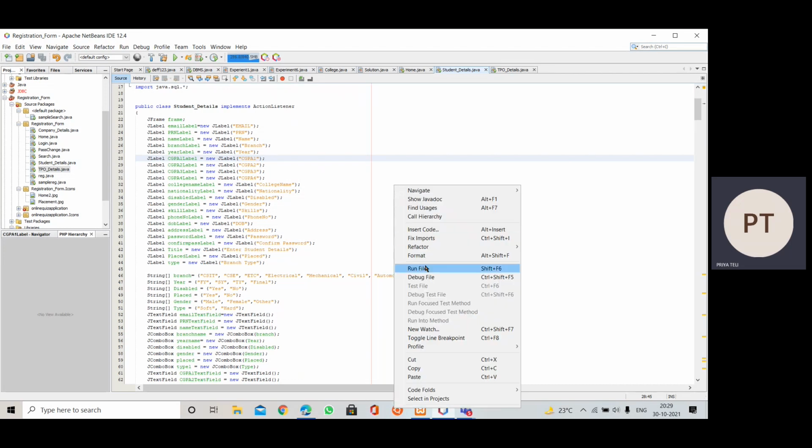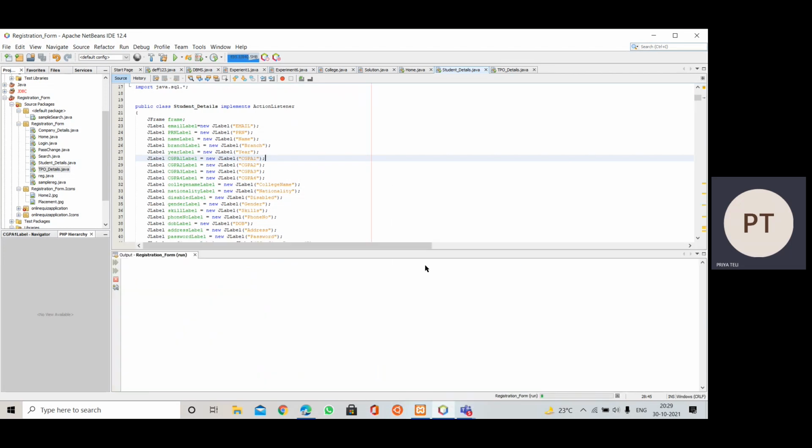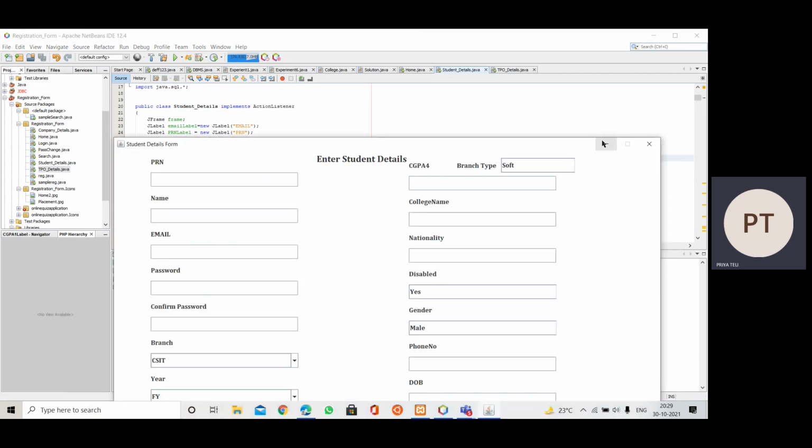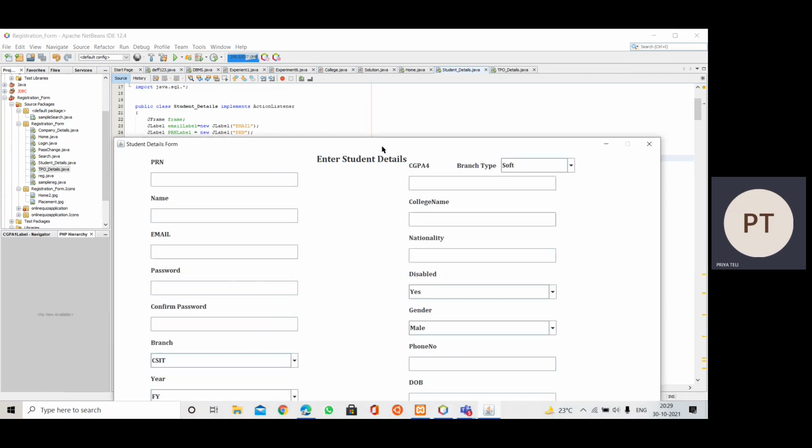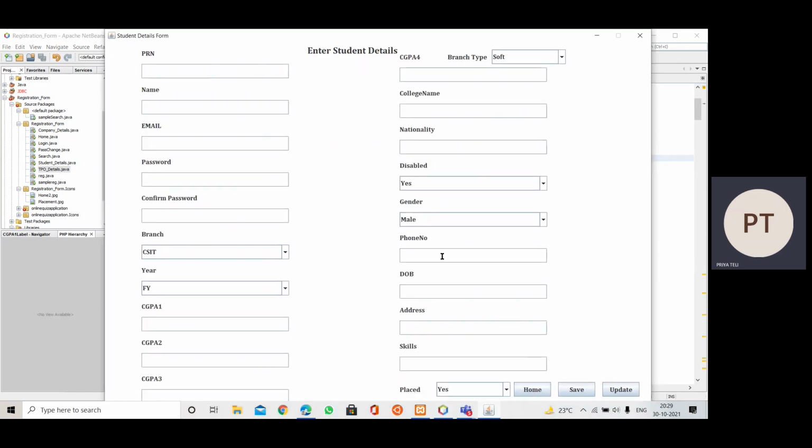So let's see how our student registration form looks. This is a simple form which we have formed. These are the text fields and these are the labels which appear here.